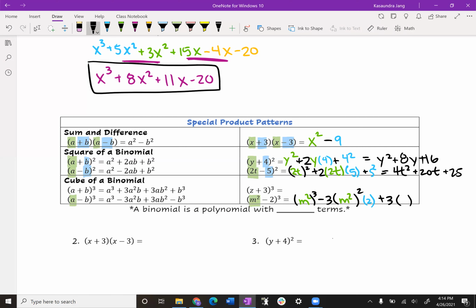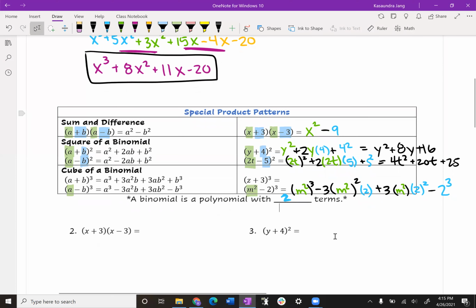And again, the a is the entire m squared. And then I've got a b squared on this one, so like a 2 squared. And then you've got minus b to the third at the end here. So this one's pretty lengthy, but my point is, don't forget the parentheses. Okay. So this is a binomial, a polynomial with 2 terms. Bi, like 2. Tri, if you had a trinomial, that would be 3 terms, and so on. Okay, so I know I could simplify that a little more, but I'm going to move on